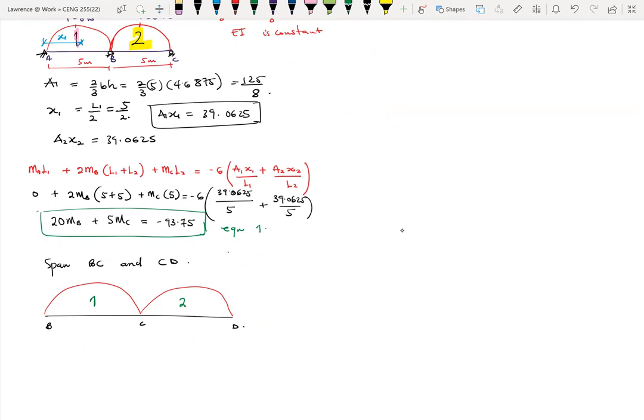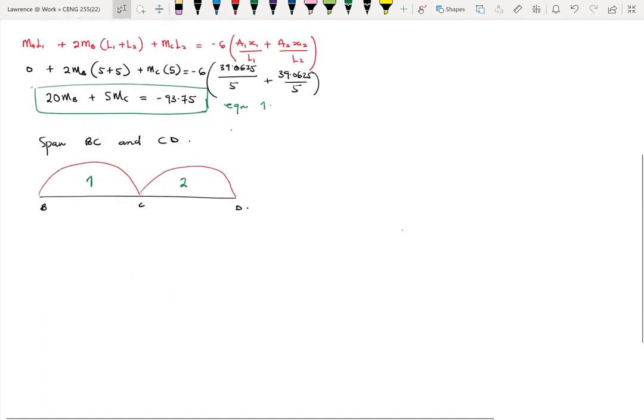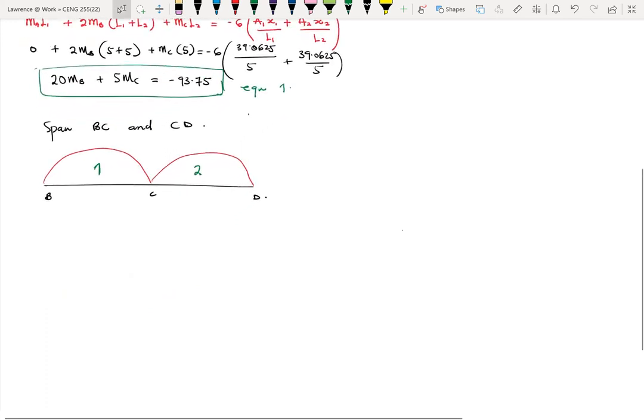It's important. If you compare the two, you would realize that initially BC was on the right, so BC became section 2. But once you move to the different set of spans, BC is now on the left. BC is no longer section 2, but rather, let's say, section 1 or area 1. Okay. It's important we always take note of these things. Because it has the same load, it has the same dimensions as everything else. It means that here our